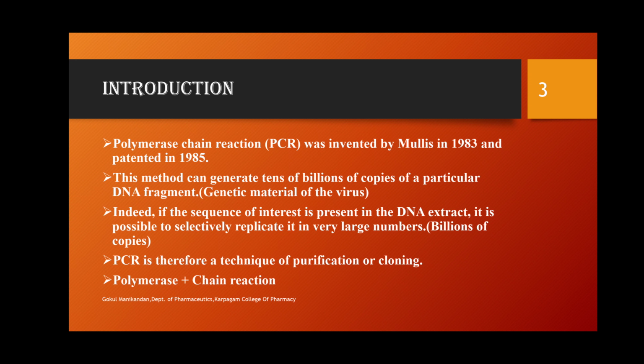The word can be divided into two: polymerase and chain reaction. Polymerase is nothing but an enzyme that makes the polymers of any molecule. In this case, it's the DNA. The next one is the chain reaction. Chain reaction is nothing but the exponential multiplication of reactions, making billions of copies. Now, we might get a question: why do we need billions of copies? Because we need billions of copies in order to detect the virus that's present in the blood sample.